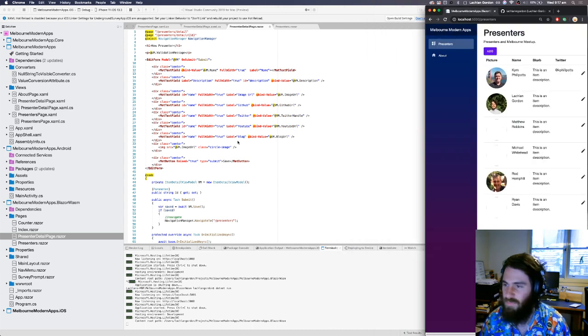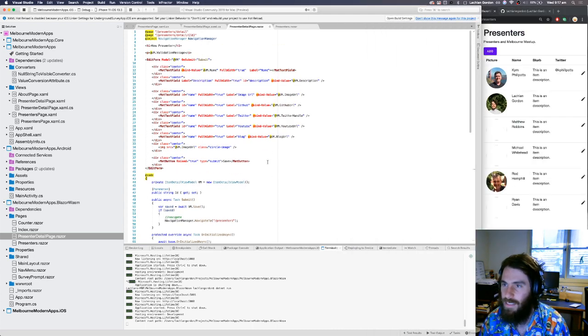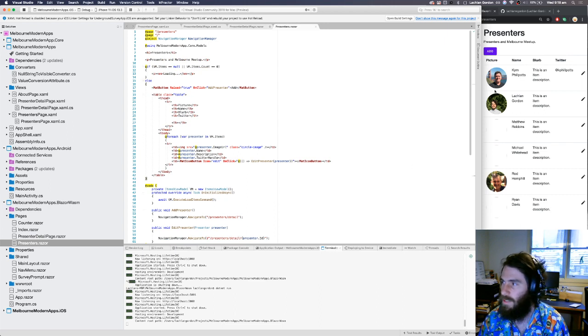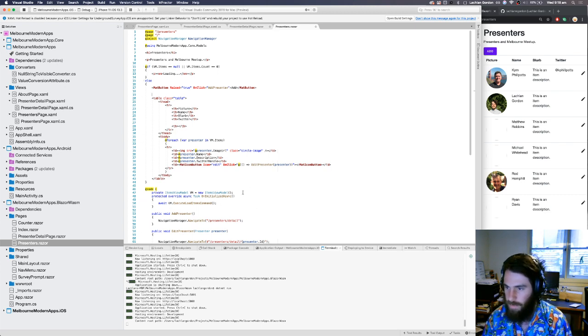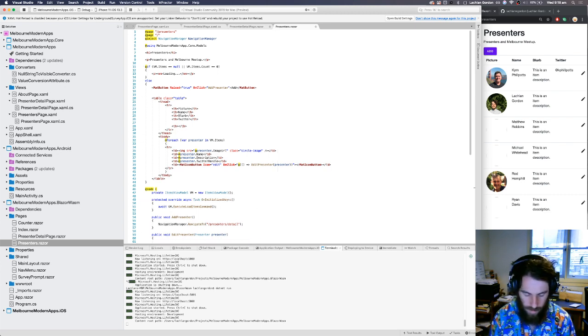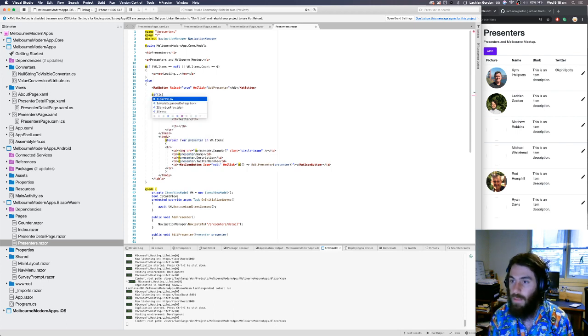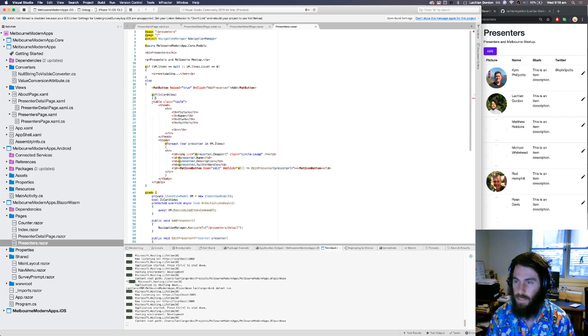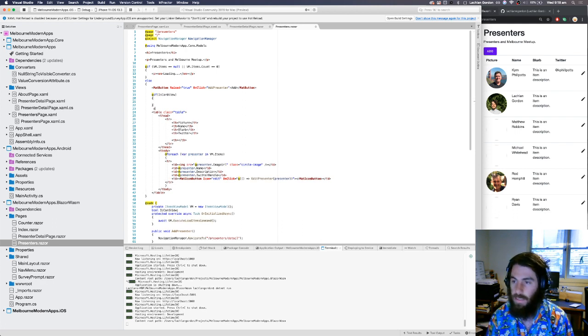And also I want to see, how do I do this in Blazor? So let's go to my presenters page. In Razor, I'll still give that list an option, but I'll let people choose between it. So I'm going to have a bool here, is card view. And I'll say if is card view, and I'll have a layout. Else